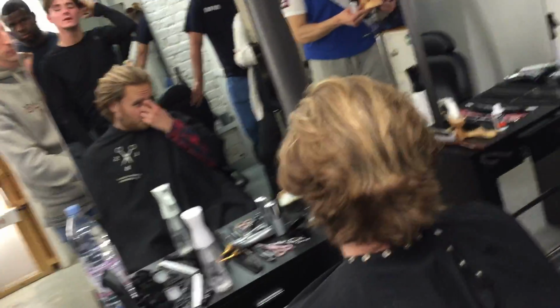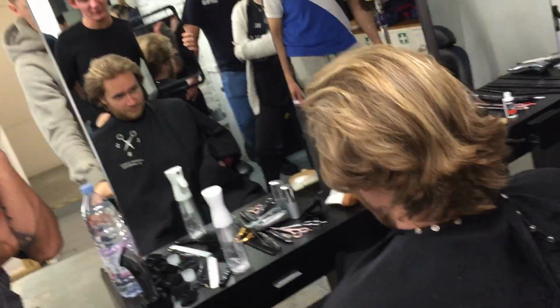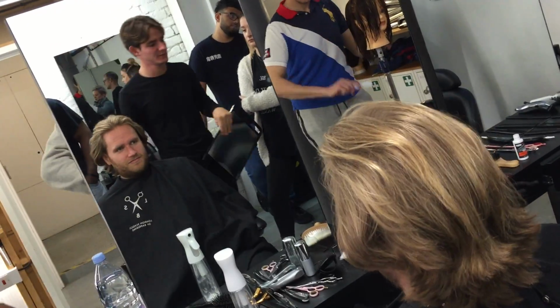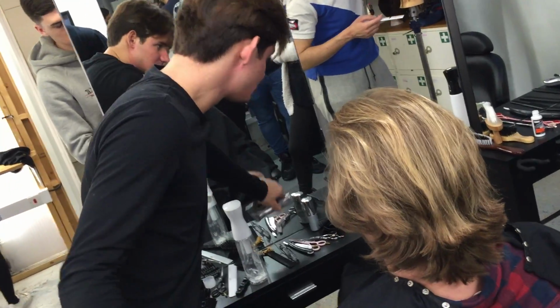Is it okay to use that to style it? Yes, you can. I'll take another bit of a bigger section. Is that too short back there? No, that's fine. How many haircuts have you cut it into? Every demo I've ever had. Bring it all the way through, and then you just